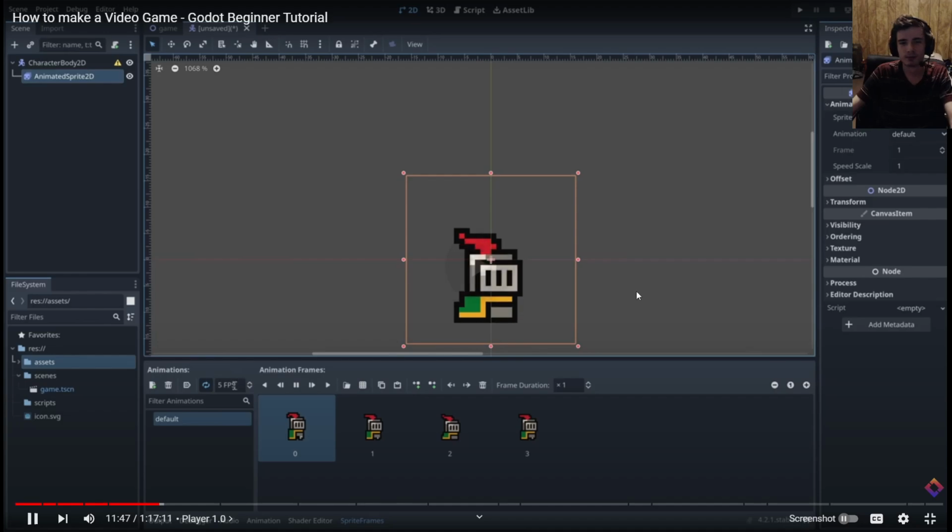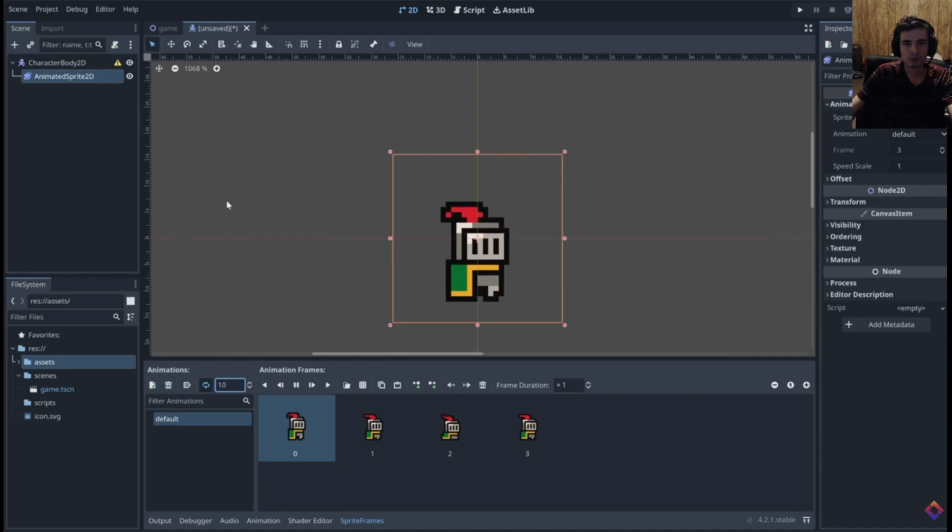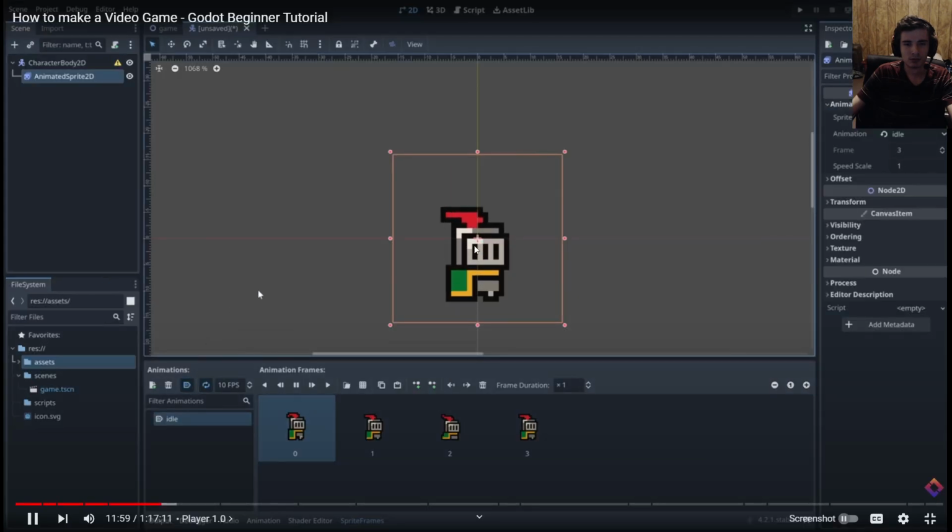Okay. I'm going to increase the FPS here to 10 to make it go a bit faster. I'm also going to rename the animation here to idle. I'm going to enable autoplay to make sure it plays right when we start the game. And finally,